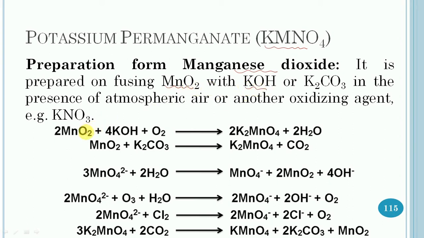with potassium hydroxide or potassium dichromate in the presence of atmospheric air or another oxidizing agent such as potassium nitrate. So first of all, a green colored fused mass of potassium manganate will get formed. Now this fused mass is extracted with water